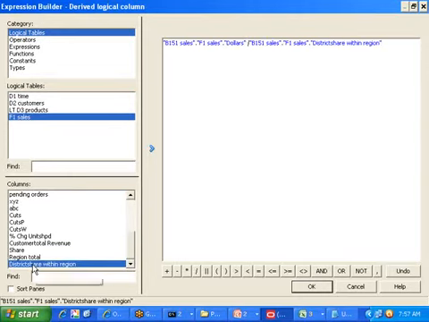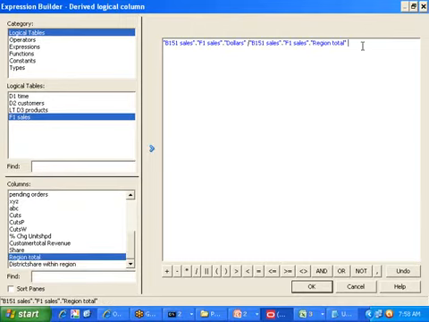Region total, next, district share, this one, next, sorry. Region total into 100. Click on OK.